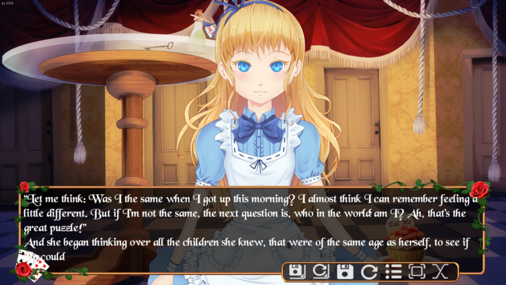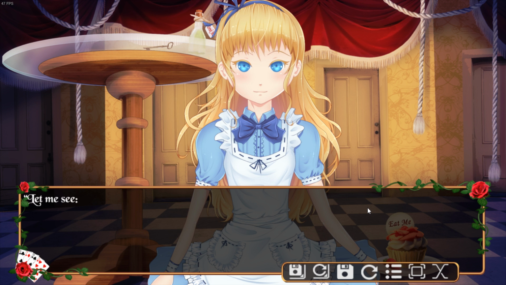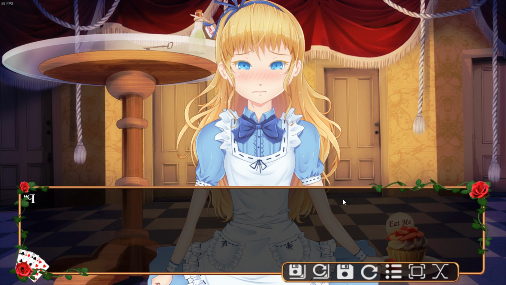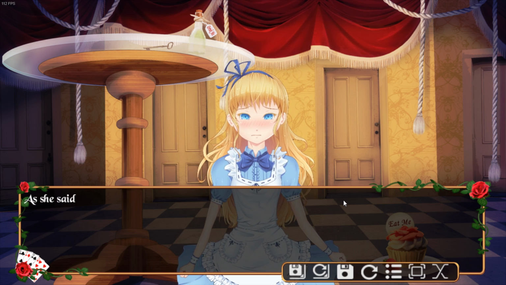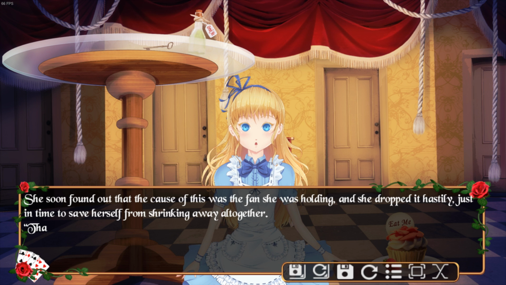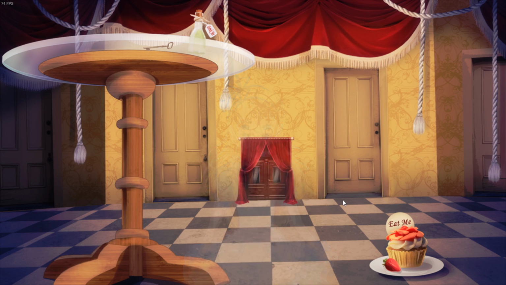Alright, so I'm just trying to get to the next scene. I just want to see what happens next. I kind of do wish there was more graphics. It seems like we've been staring at Alice for a long time. She is making different facial expressions though, so it's changing a little bit, but it seems like we haven't moved an inch for the last 5 minutes. Now we're shrinking again. I guess we got larger and then we shrunk back down. Will we ever get to the next scene? There we go. Okay, I think we went through the door.